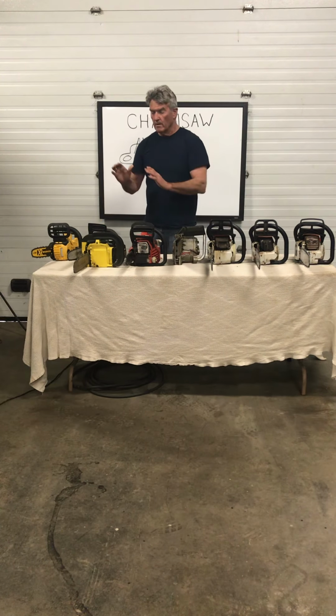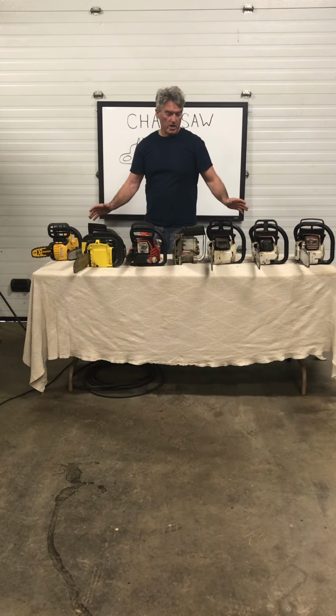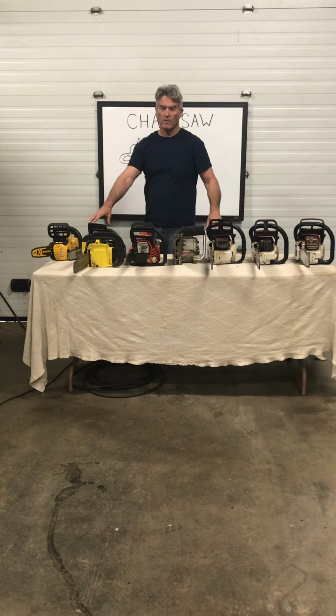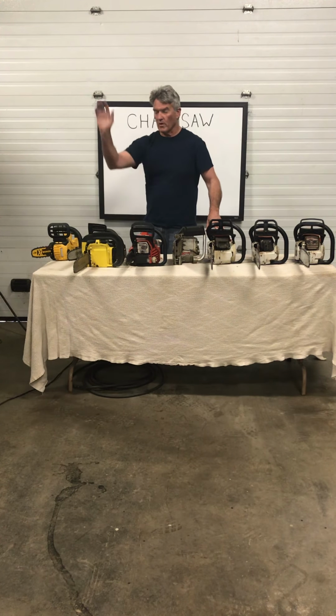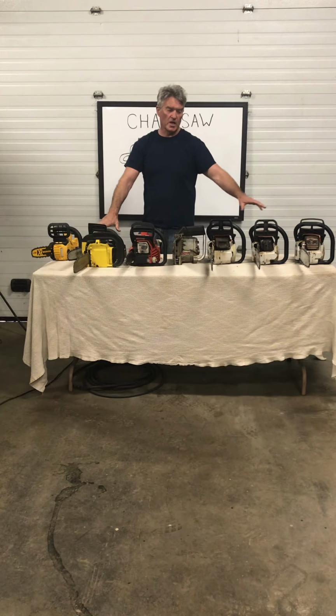So think about the availability of the saw. There's all kinds of options. A little battery powered one maybe is all you need. Maybe all you want to do is one job and you're not going to do another one, you can go and rent a little saw. If you don't need a great big saw like this, don't commit and buy a $700 or $800 chainsaw just because you've got to do a little bit of trimming. However,